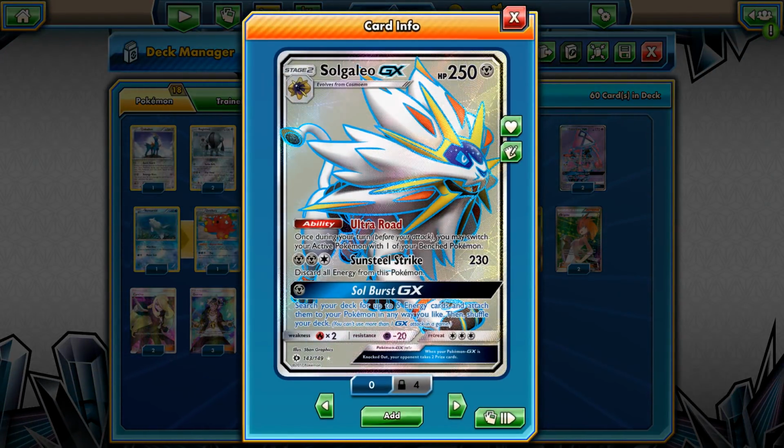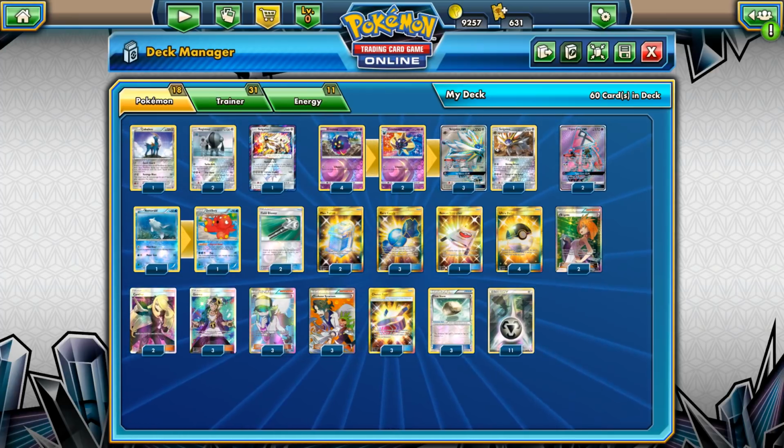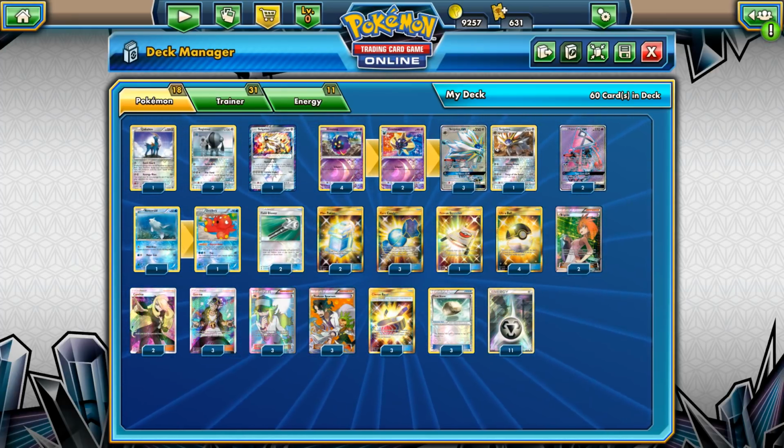With the Soul Burst GX, I can also search my deck for up to 5 energy cards and attach them to my Pokemon in any way I like, and also with the Sunsteel Strike I can hit for 230, but if I do that I need to discard all energies from this Pokemon. Pretty much, Solgaleo GX is a one-hit knockout attacker anyways, and it's very hard to be knocked out,